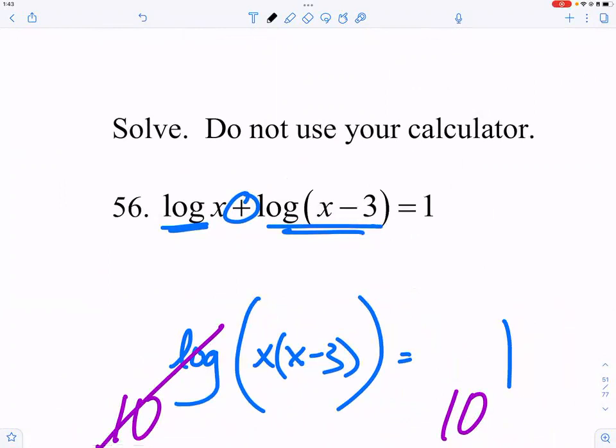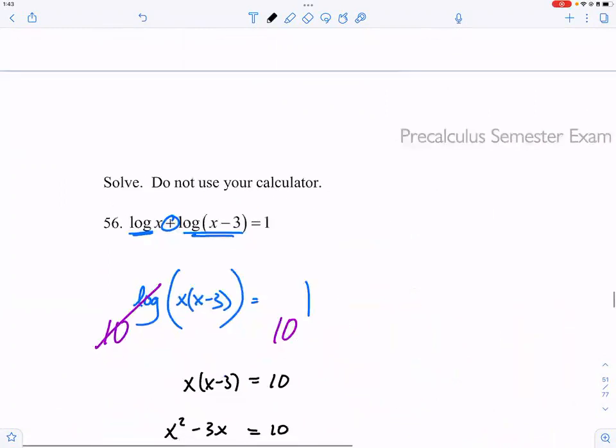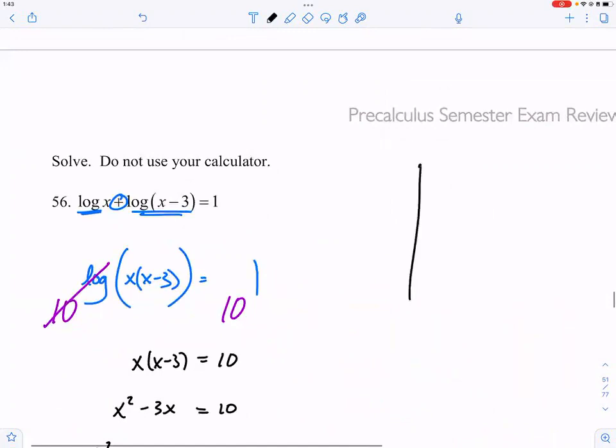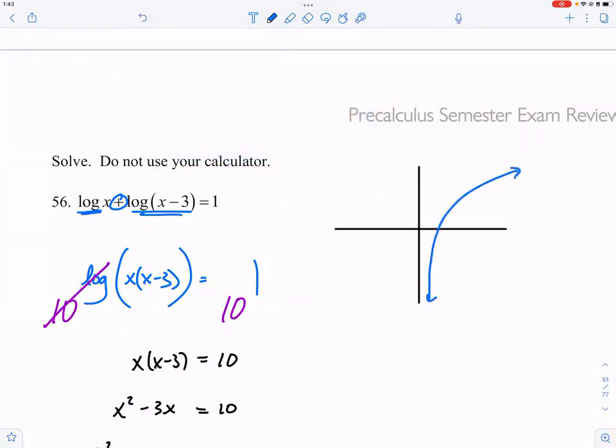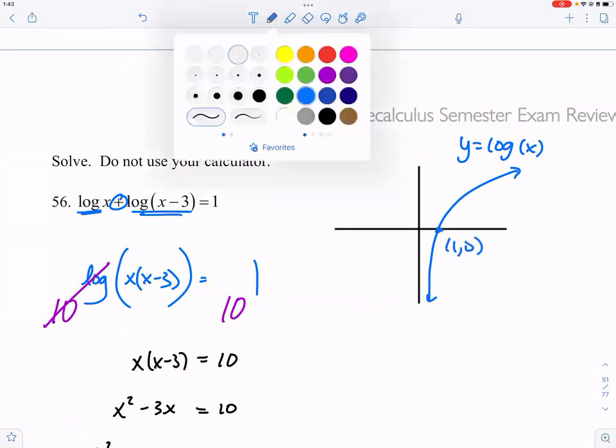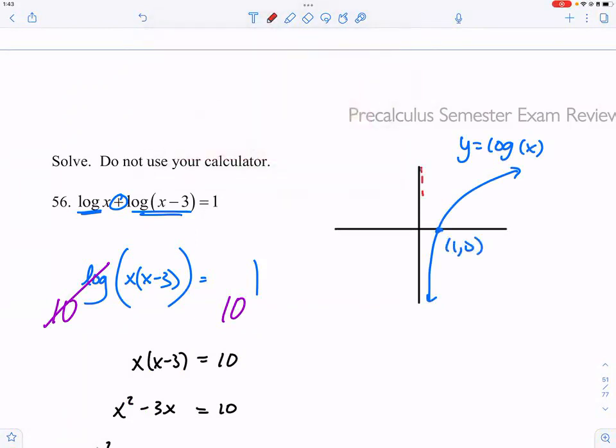Now, this is where things get a bit complicated, because you may not remember the nature of log. So let me help you remember this. Try to keep this in mind. This is a graph of y equals log x. It intersects the x-axis at (1, 0), and then